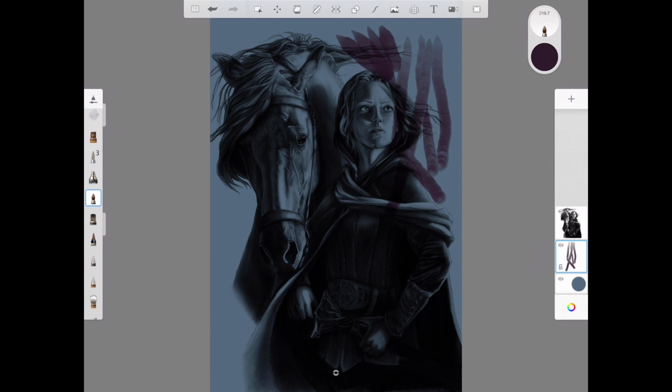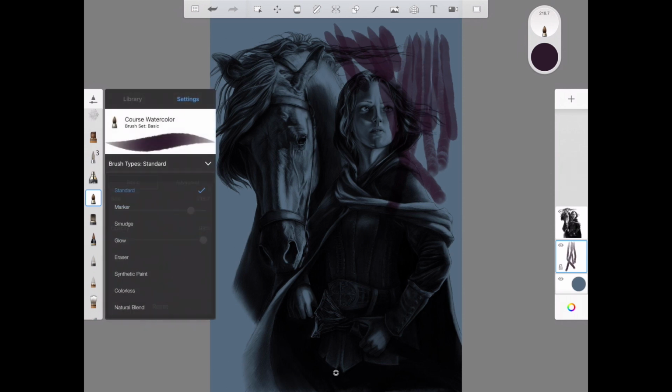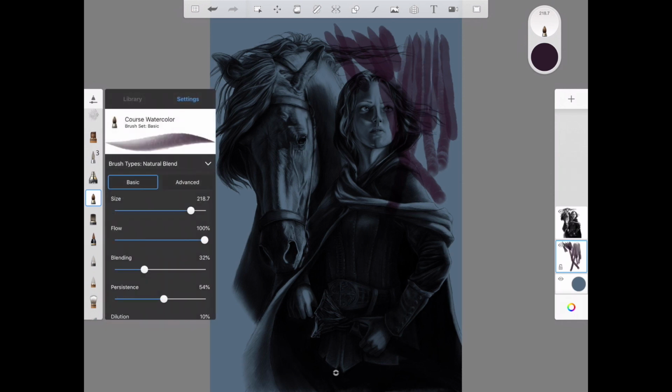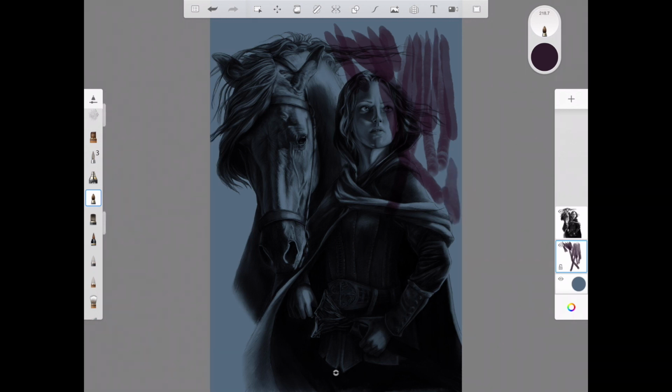And you can see how your other colors bleed through. And every time you pick up your brush, you get these harsh lines. That's why I like to use the natural blend. It's a lot more like using real paint. Because, you know, especially watercolor. When you're painting with watercolor,